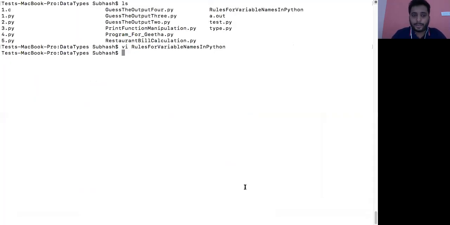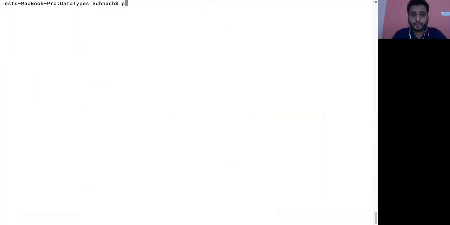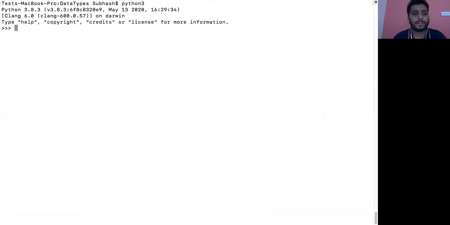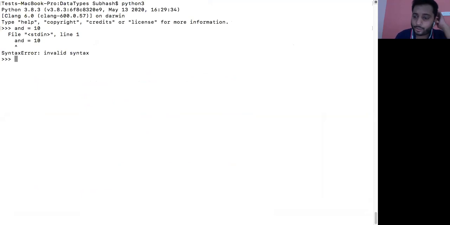Okay, when I run this in interactive mode, and I say and is equal to 10, it will give you an error. It gives an error because Python thinks and is a logical and operator. Basically, and is considered as a logical and operator in Python, and you are trying to use it in a very different way. Python has already been told that and is a logical and operator and has to behave differently, but you are trying to make use of it as a variable, so Python doesn't allow it. Therefore it gives you an error.